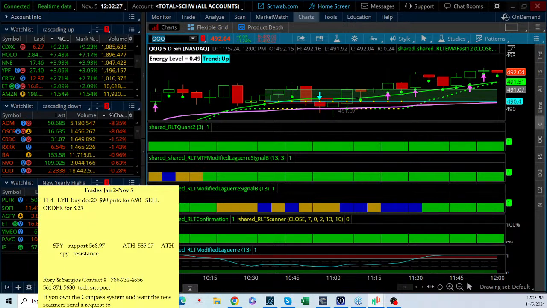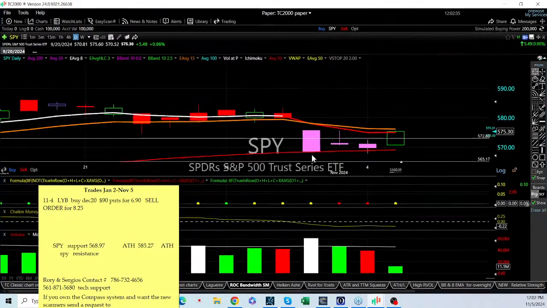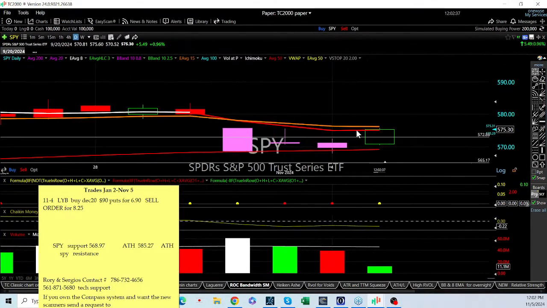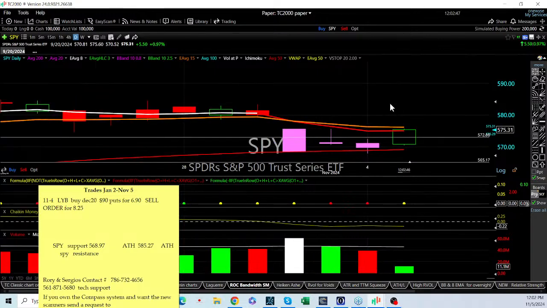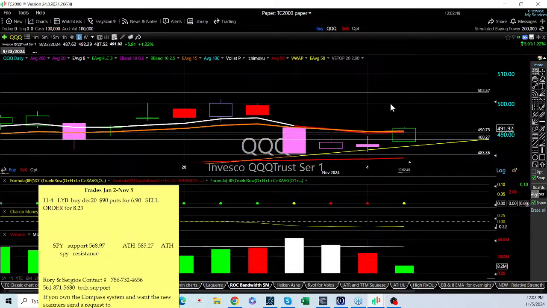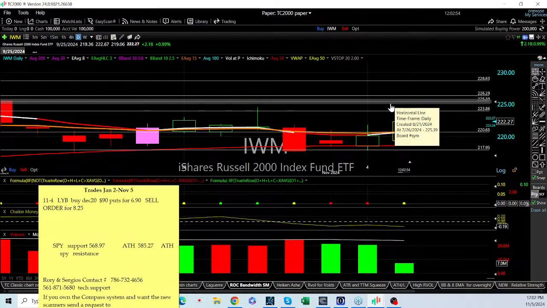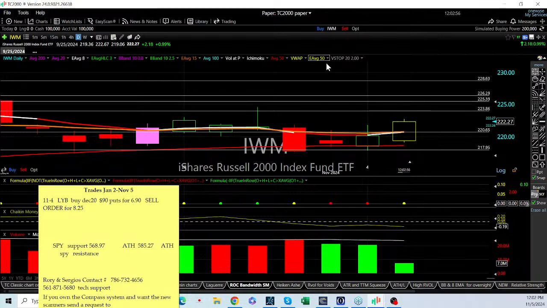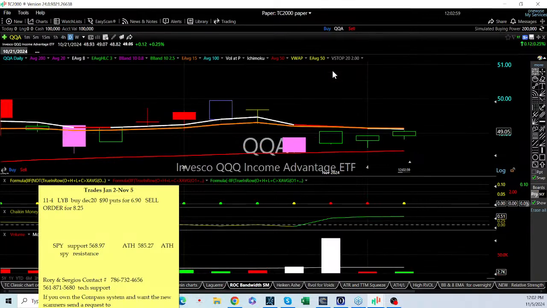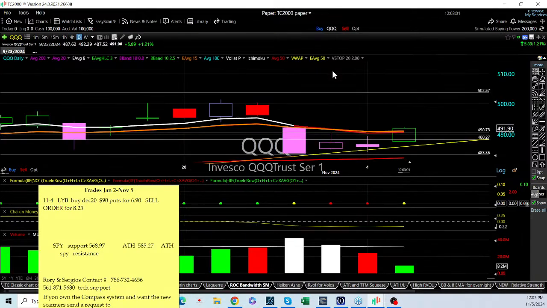On GRFS, Brookfield set to seek info on Grifols related party deals. That's on GRFS. Here's the SPY right here. This is what I'm looking at. You see how it got through the 8 exponential, which is this little red line, and this purple line right here, the orange line, that's the 15 EMA. These are both resistance levels. So I don't really want to trade that one long, but the Qs you see is above both of them. So I've got some upside potential in the Qs, and I also have some upside potential in the IWM to trade. So those would be my indexes of choice if I was going to trade the SPY super system today,